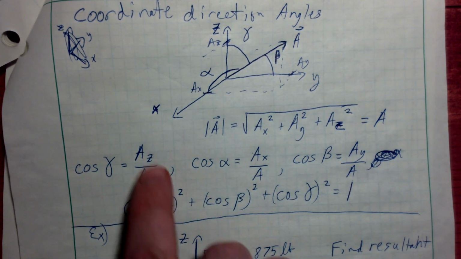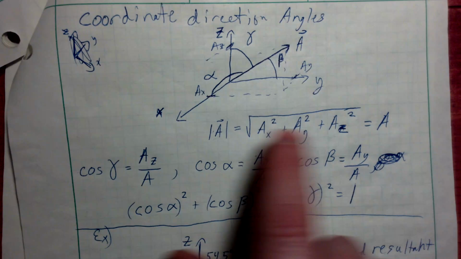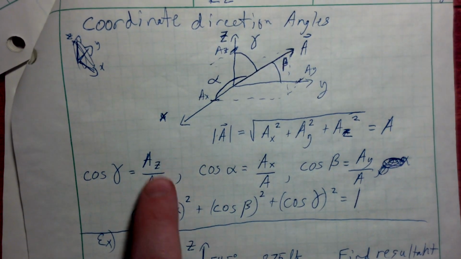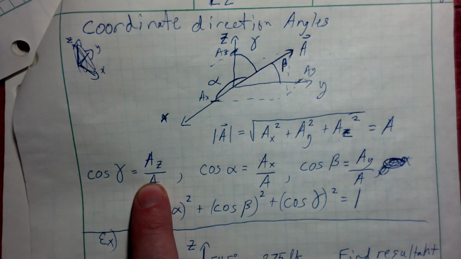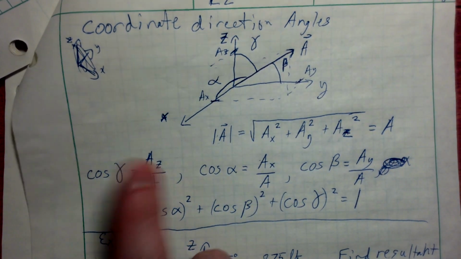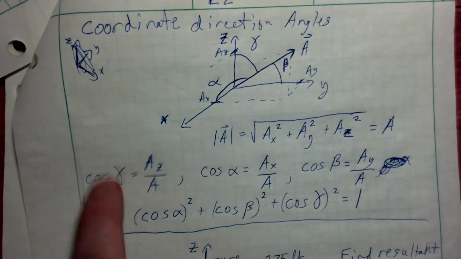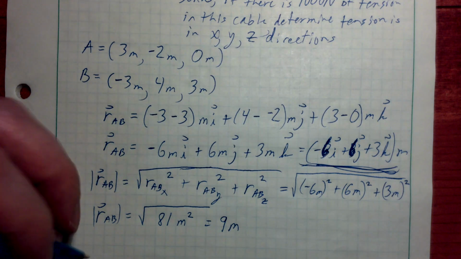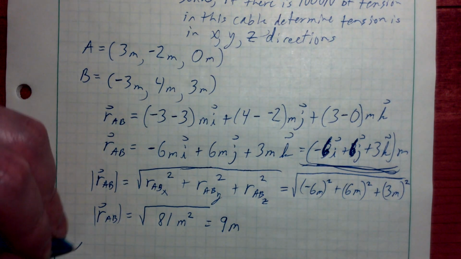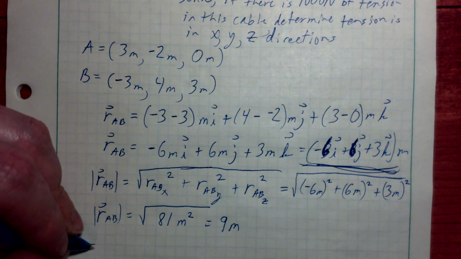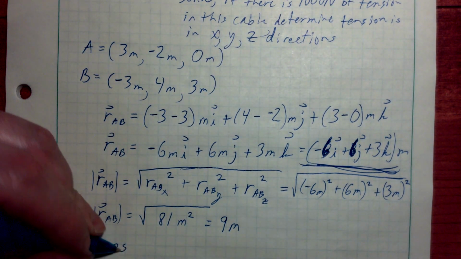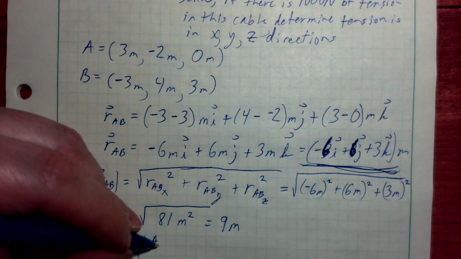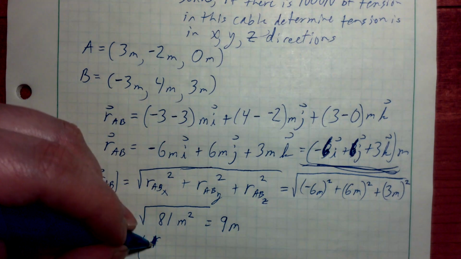Remember, if I know the x, y, and z components, I can divide by the magnitude of a vector and take the arc cosine, and that would give me each of the angles for that vector. So alpha, the angle between that vector and the positive x-axis, is going to be the arc cosine of r